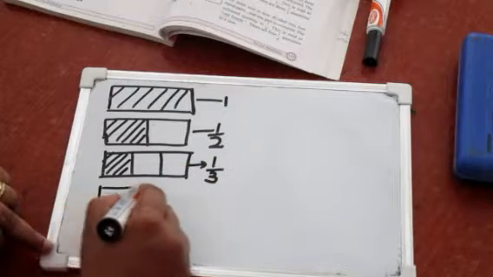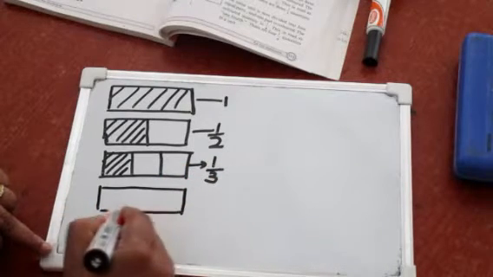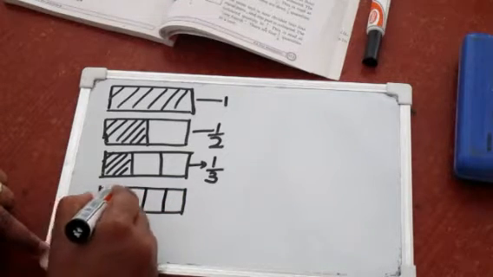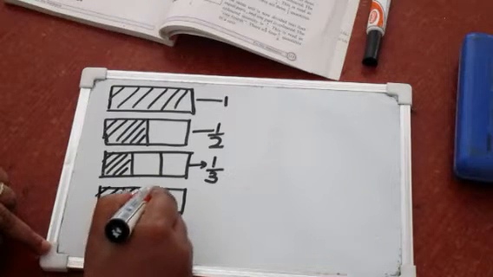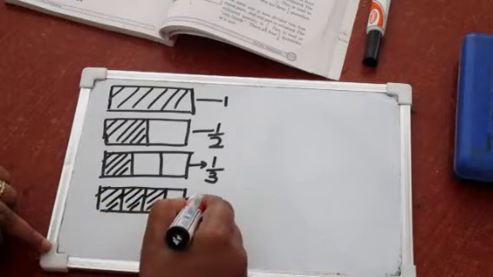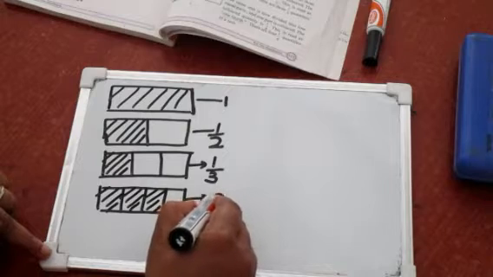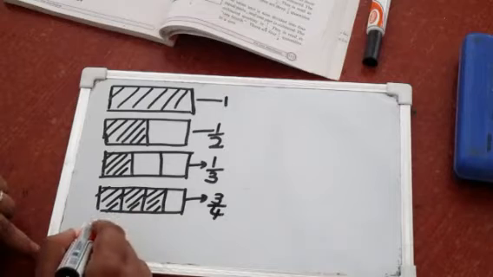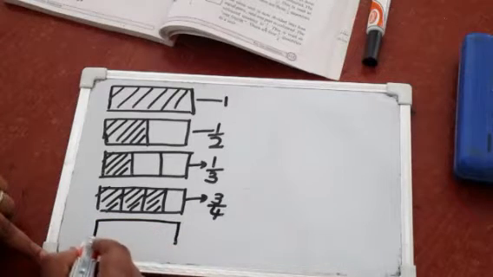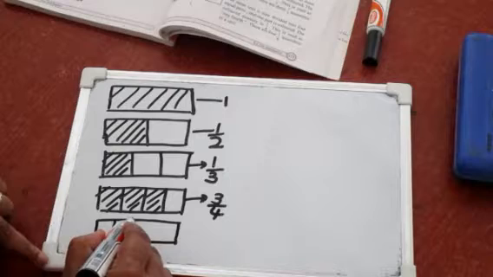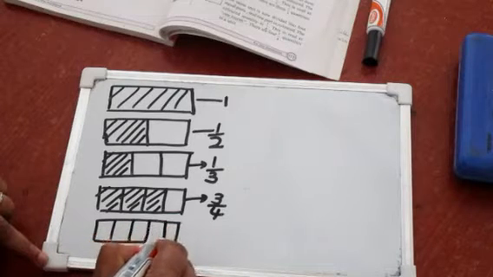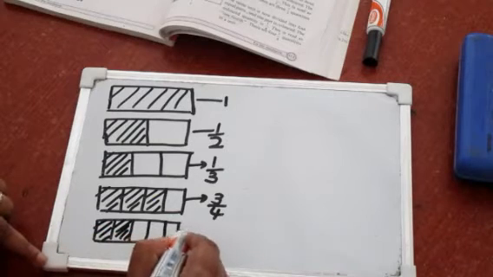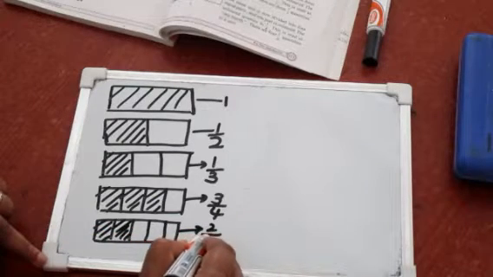Now I am going to divide the same quantity into 4 equal parts. Then I am going to color 3 out of this. Then the colored portion we can write as a fraction in this way, and we read this as 3/4. Then I am going to divide the same quantity into 5 equal parts, and 2 parts are colored. So we can write this colored portion as 2/5.